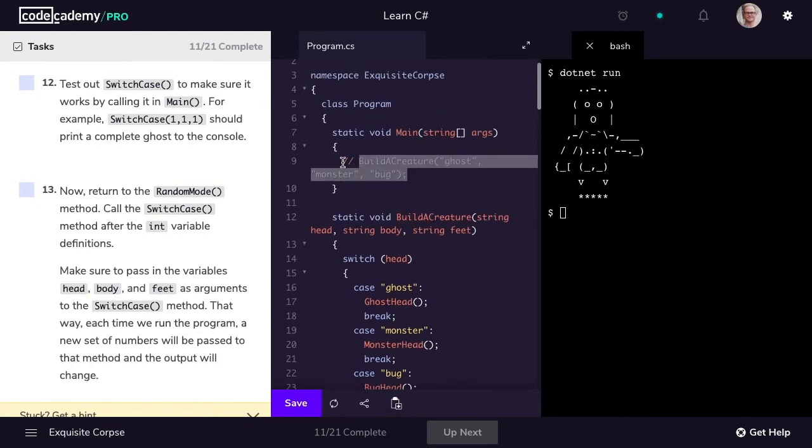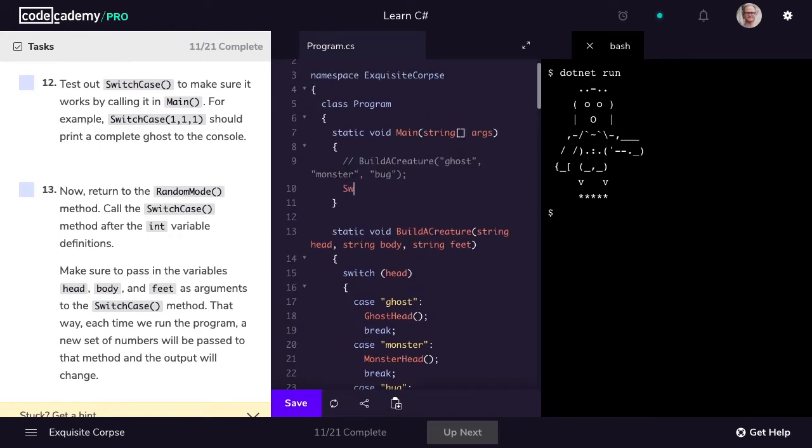So we commented out this build a creature method, and we'll call our switch case method, and then we'll go ahead and pass in 3 values, 1, 1, 1. Now I'm going to save our code, and I'll go ahead and clear out the console. And now when we run our code,